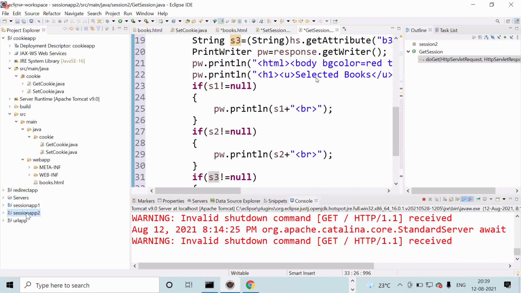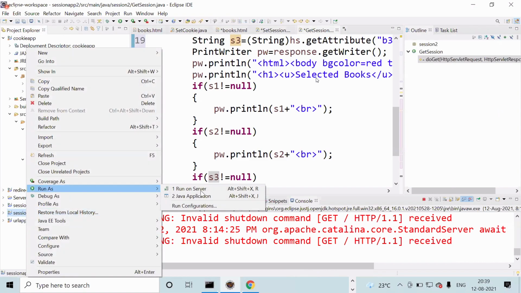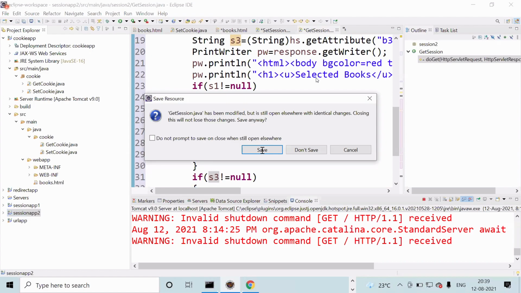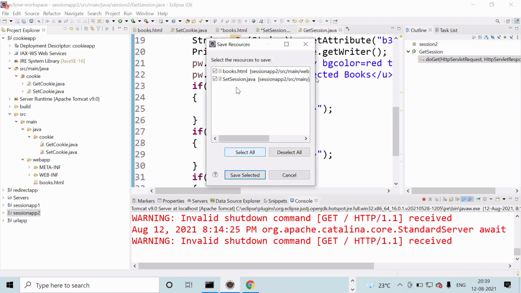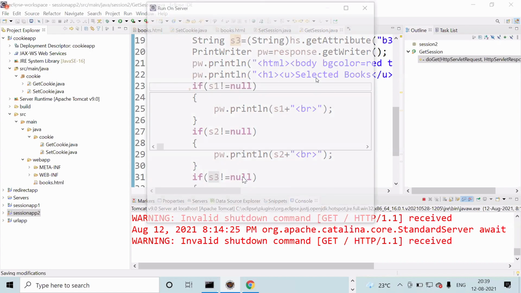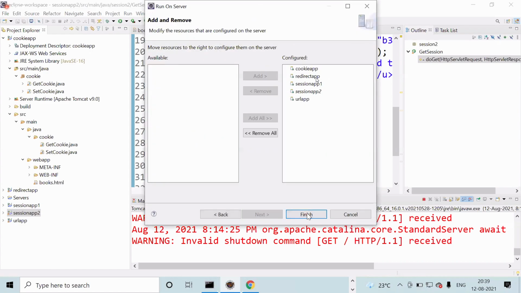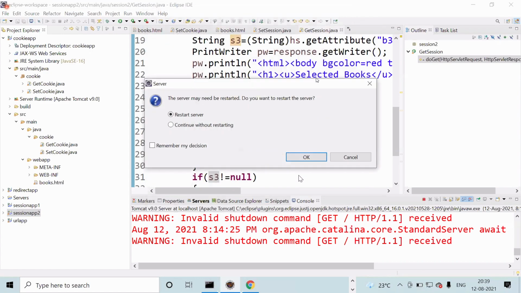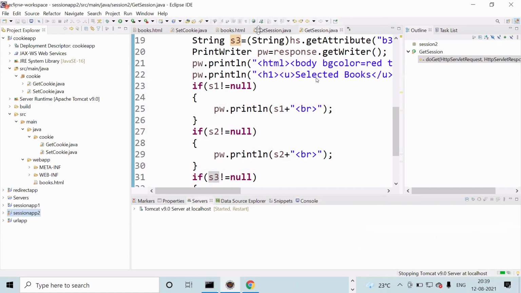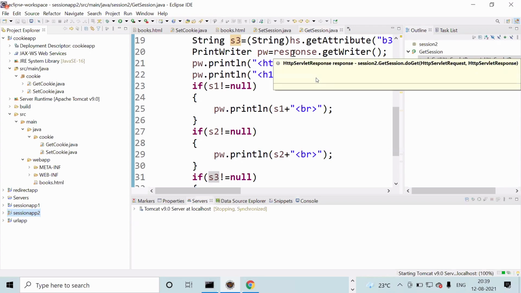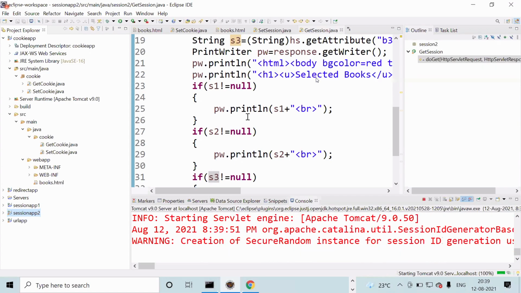Right click, run on server, save. Select all saved, save selected. Next, finish. Restart the server. This program's class name also changed.